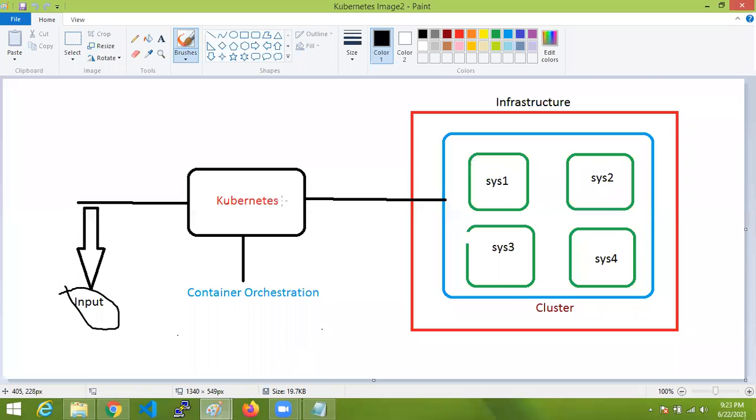Kubernetes is going to be installed in the infrastructure. How are we going to use this? What is the architecture of Kubernetes? Before going to this diagram, I gave this diagram to help you understand.